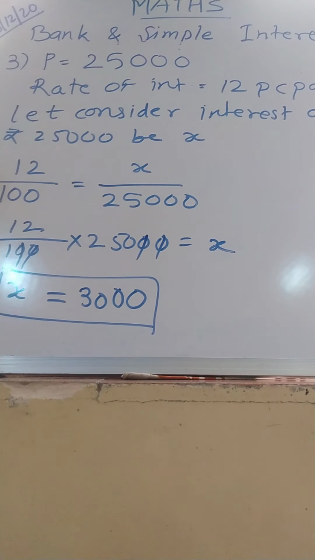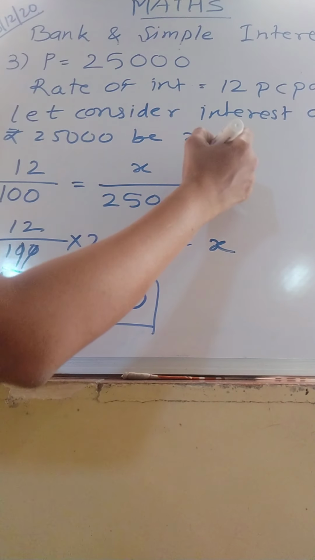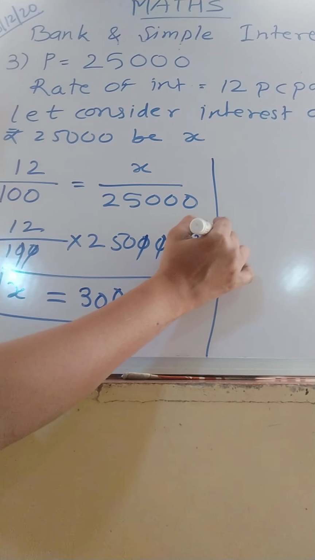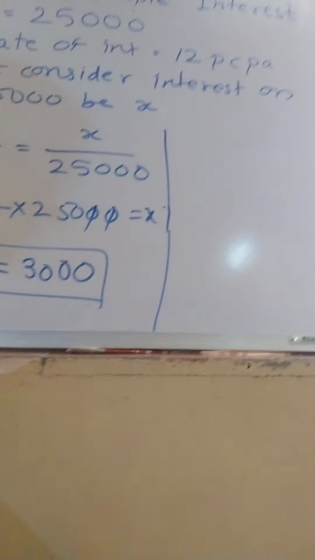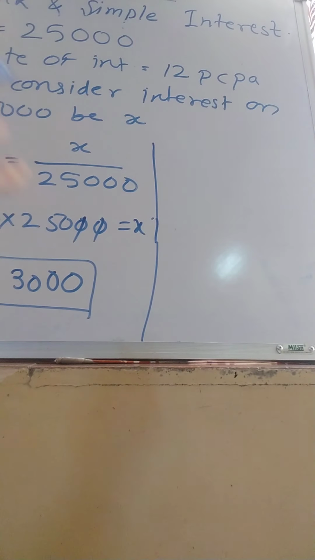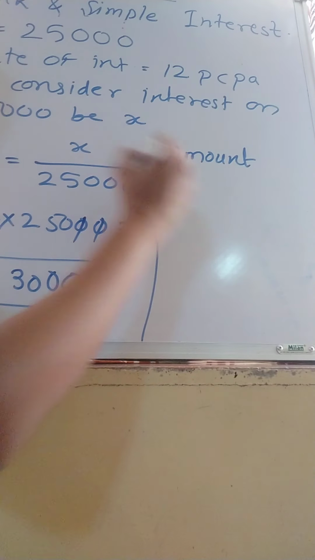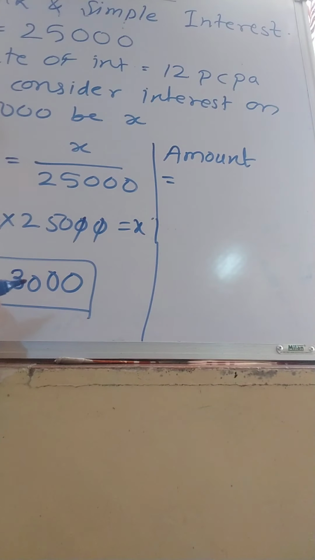Now the question is what amount he has to return to the bank after a time period, or after 1 year. So when we add this principal amount and this interest, we get the total amount which we have to return to the bank. So on this side, see, amount, we have to return amount to the bank. Formula for amount is what? Principal plus interest.